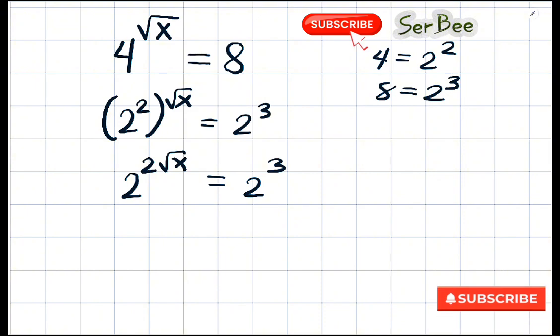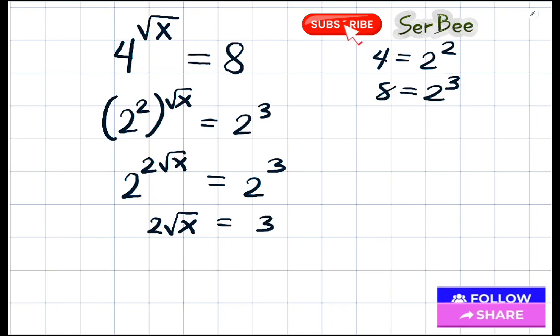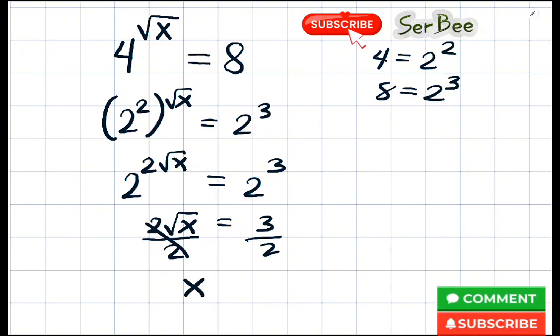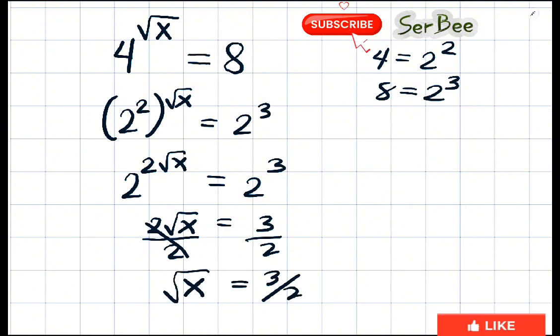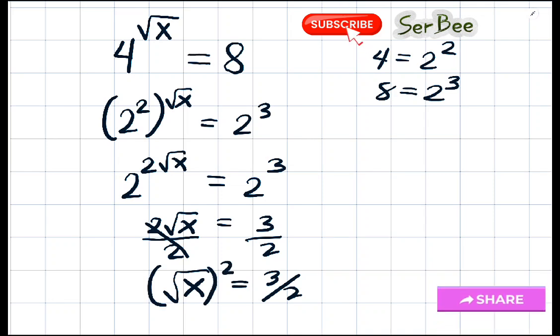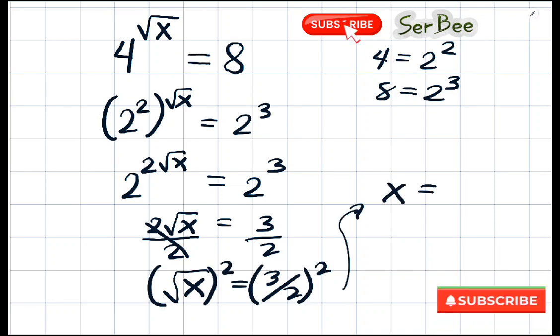Now since the bases are the same, we can equate the exponents. We have 2 times the root of x equals 3. Divide both sides by 2. We have square root of x equals 3 halves. Next is to square both sides of the equation. So x equals 3 squared is 9 and 2 squared is